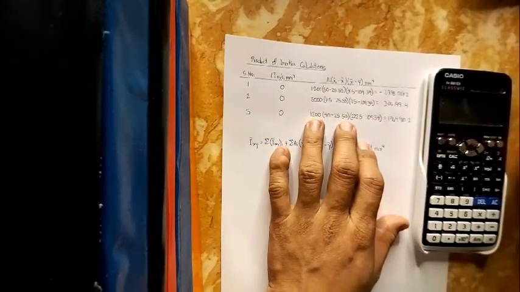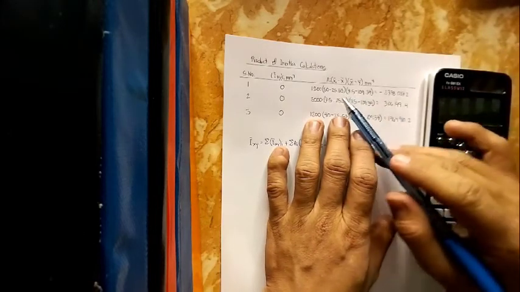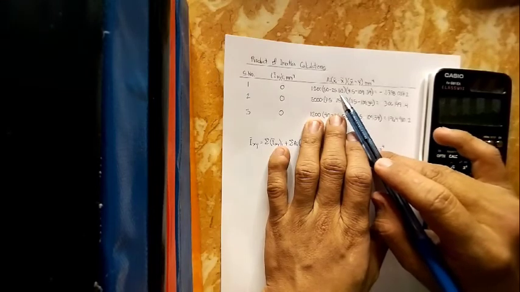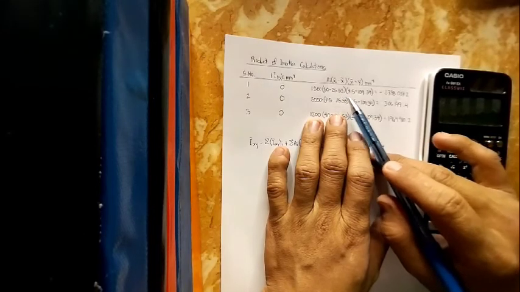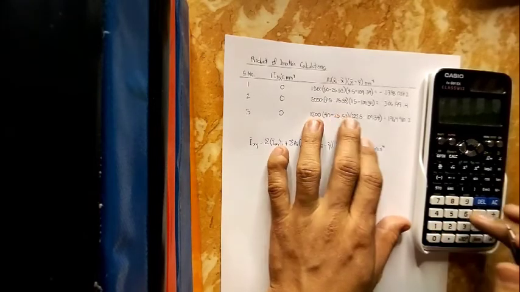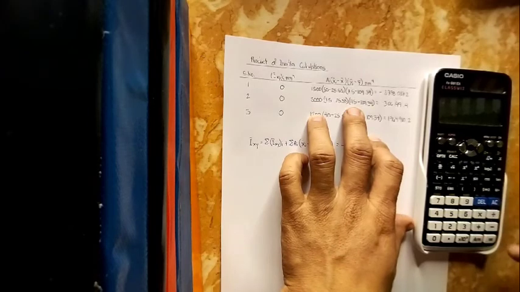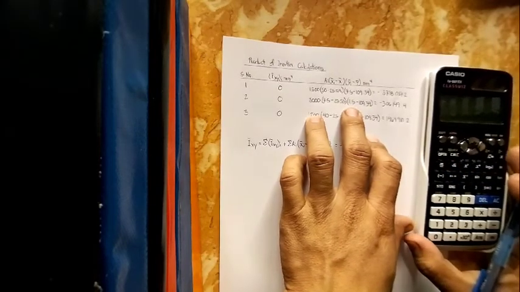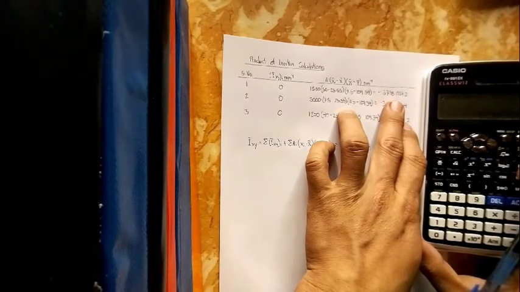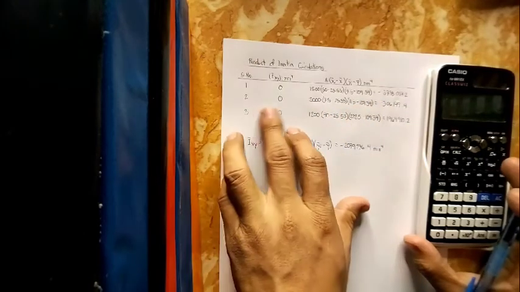Yung coordinates ng centroid of composite section natin, dito natin siya magagamit para ma-compute natin yung product of inertia. 109.34 equals to negative 3,738,037.2. Dito naman sa 2,